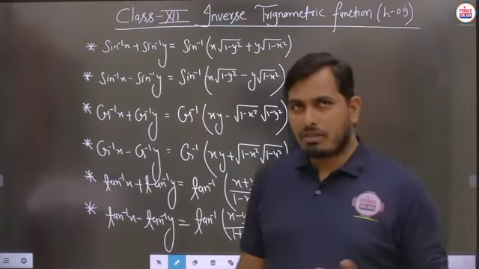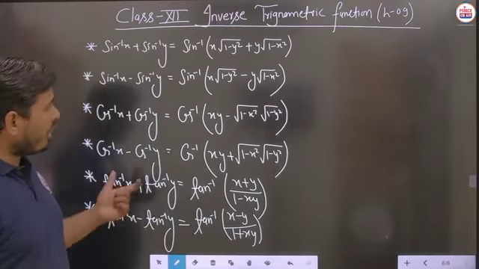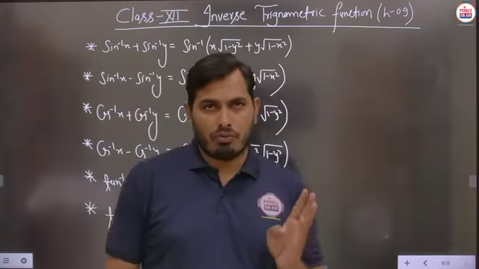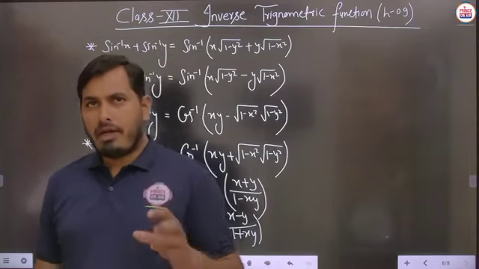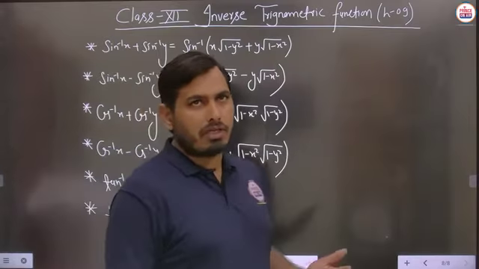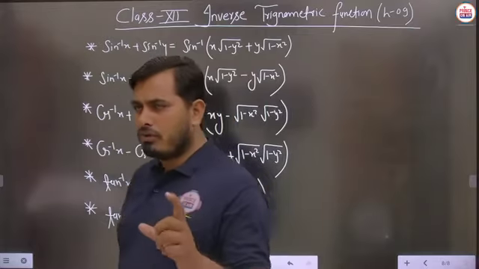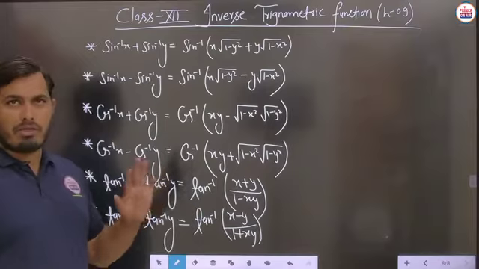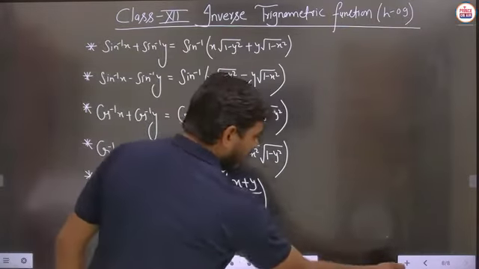So we will start with the next property 6, in which we consider two cases. In the very first case, we write the formula of 2 sine inverse x, then 2 cos inverse x, then 2 tan inverse x. And in the second section, we will discuss the formula of 3 sine inverse x, 3 cos inverse x and 3 tan inverse x. Each and every formula we will discuss here, and we will also see the proof of each part, so that you can easily simplify the questions in a very systematic way. So the next part and next property we will take here.